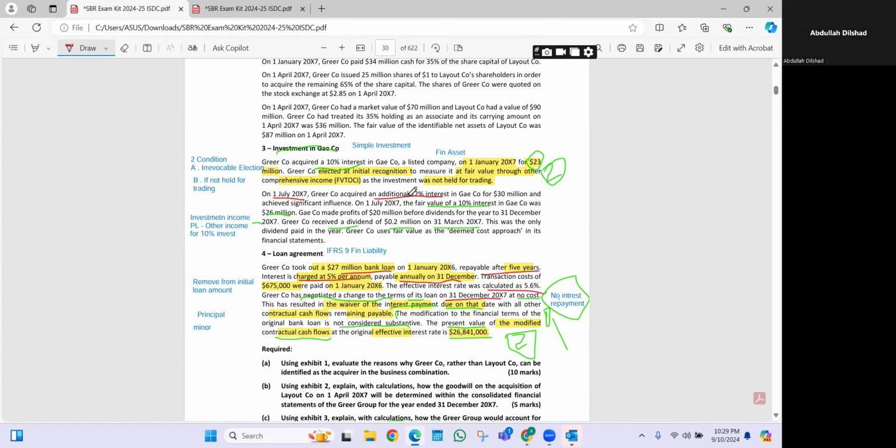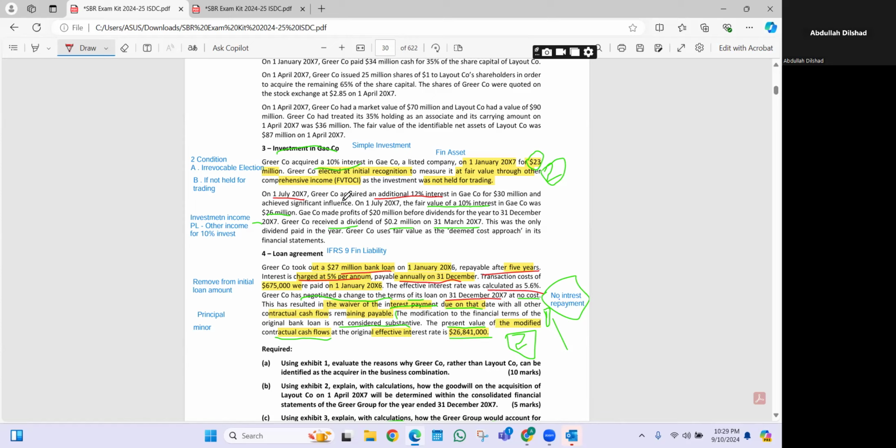When you use IAS 28, you need to use equity accounting. And I told you in a particular session, whenever you have step up acquisition,